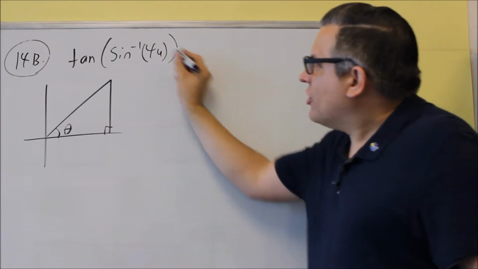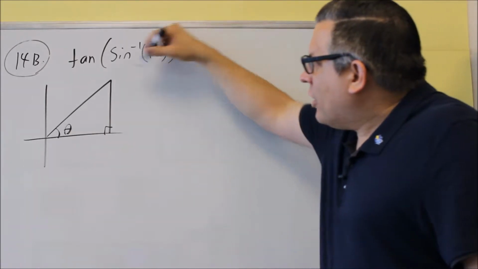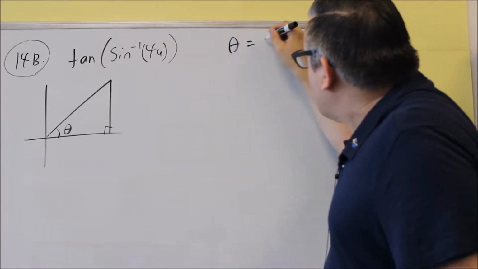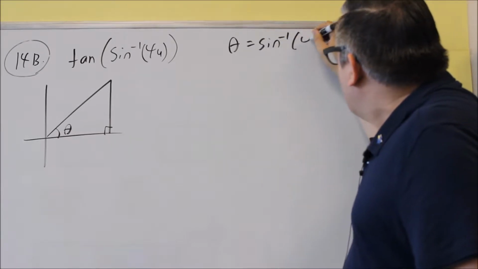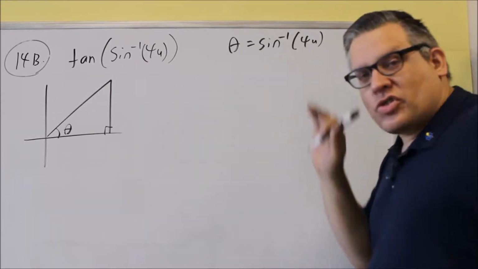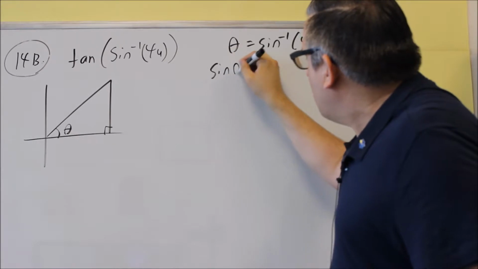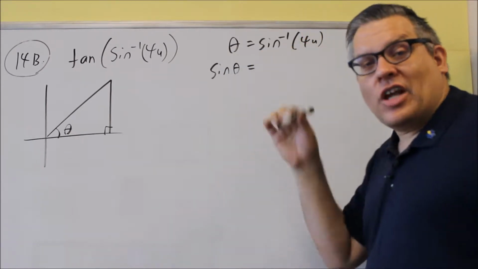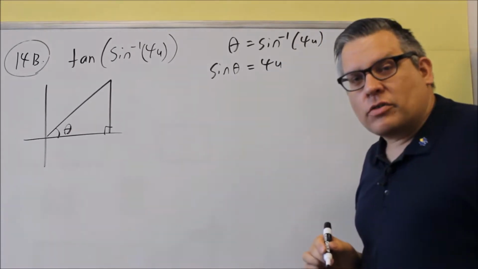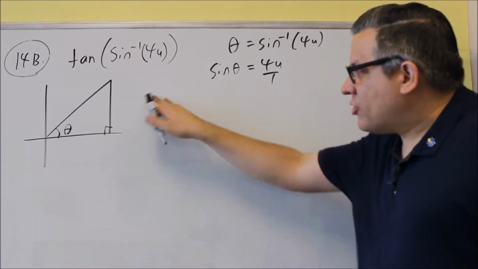We now need to use the inside one in order to label the sides. Now an inverse is always going to give you an angle as a result. So we can say that theta is equal to the inverse sine of 4 times u. We need to take the sine of both sides to get rid of the inverse sine that we have here. So if we do sine theta, sine of inverse sine will cancel, and you'll just get 4 times u left over. Of course, we can also put that over 1,